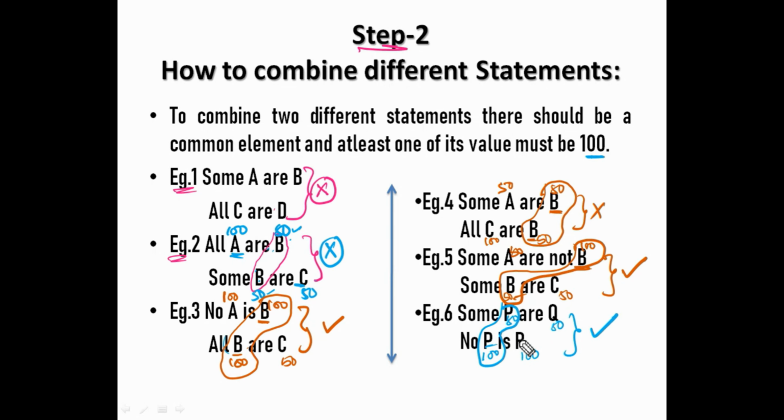Okay. So this is step 2. If any conclusion clears step 2, we have to go for step 3. Otherwise, if it is not clearing step 2, we can say from A to C there is no conclusion. Suppose some-all and some-not statements fail, there will be no conclusion from A to C, right?